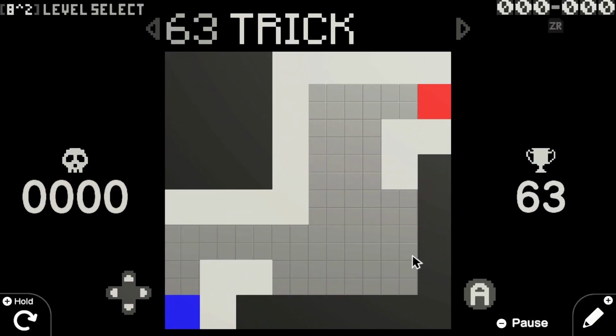Now this one, 63, is Trick. So with this level, I didn't want the final levels to just be consecutive, very difficult, hard to do jumps. I wanted some levels to be more technical, so this was my attempt at making a technical level. When I was making this level, I figured out that it was possible to do a very difficult coyote jump,